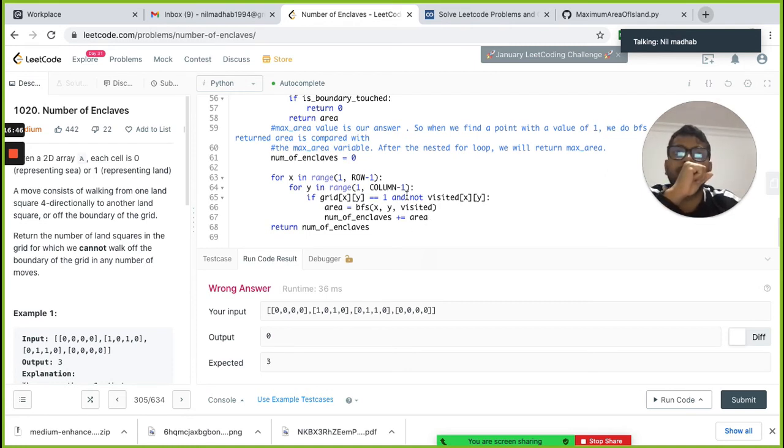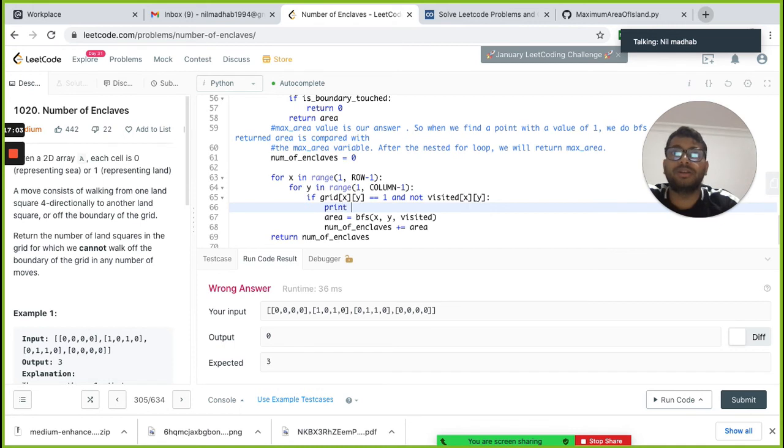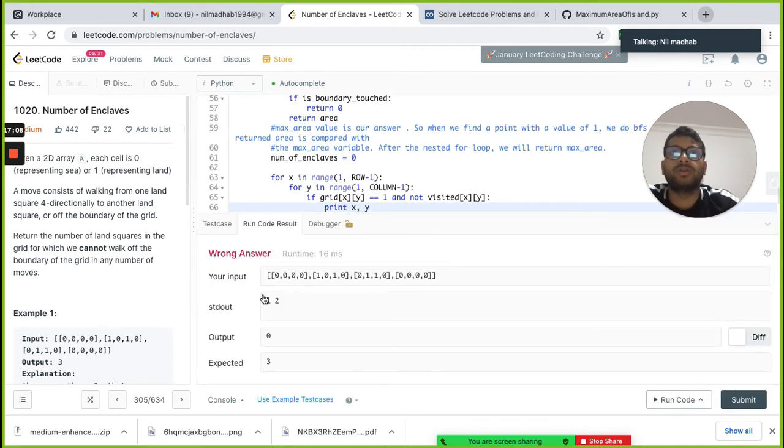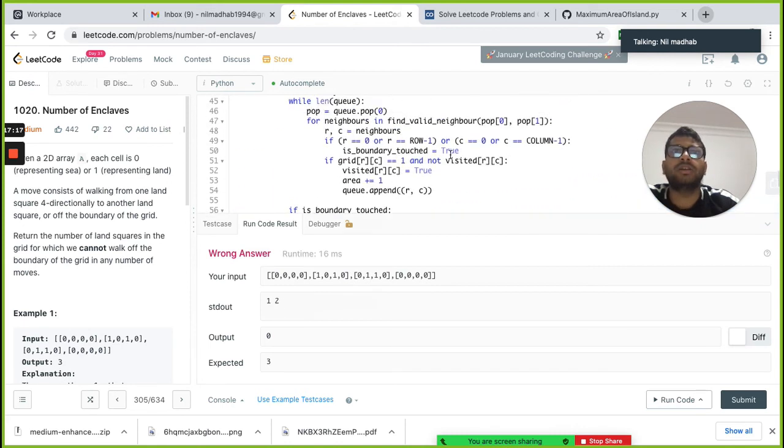We are making a small mistake somewhere. Grid x, y is 1 and not visited. Let's print x and y just to debug it. We are only getting 1 2, and that's okay, but I think we are doing something wrong here.